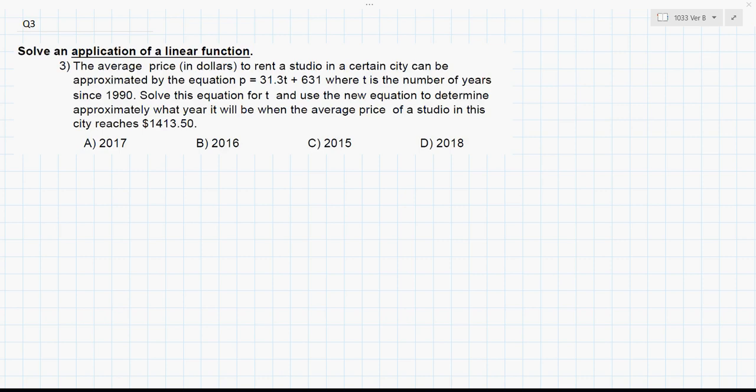Solve an application of linear functions. The average price in dollars to rent a studio in a certain city can be approximated by the equation P equals 31.3T plus 631, where T is the number of years since 1990. Solve this equation for T and use the new equation to determine approximately what year it will be when the average price of the studio reaches